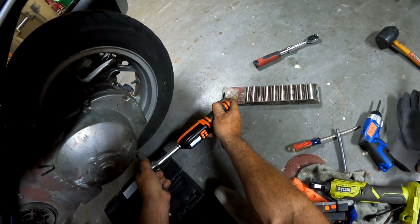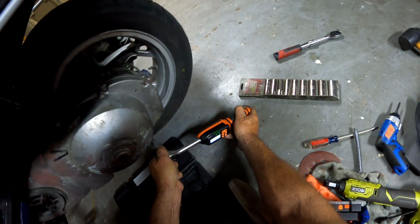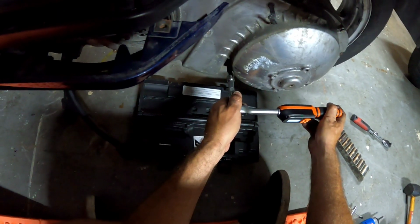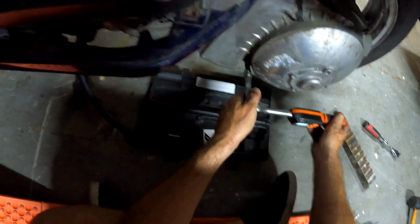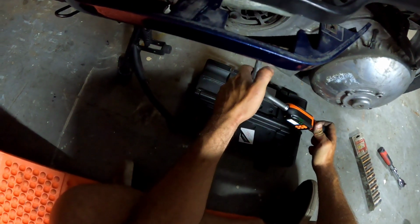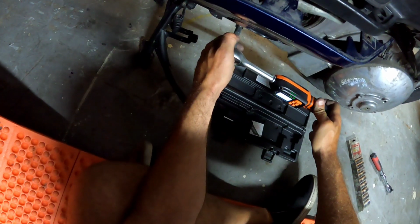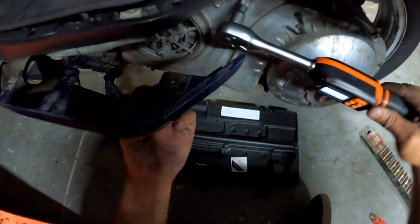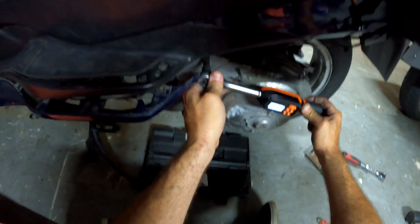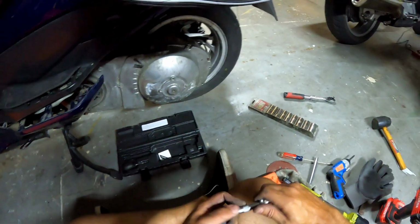We're going for 12 Newton meters. There it is. There it is. There we go. There she is. Make sure I got this guy here. Nope. There we go. All right, and one more up at the top, but to do that one, I have to